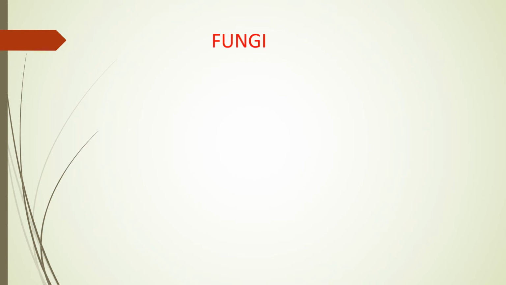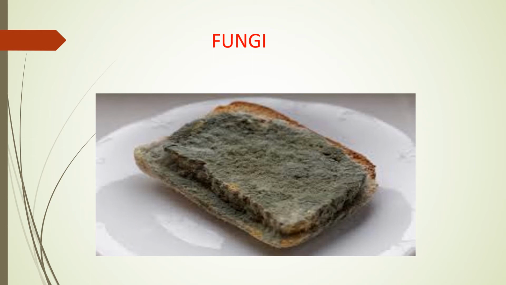Our next topic is fungi. So what is fungi? Mold growing on rotting fruits, stale bread, cheese and other food are fungi. In this picture you can see rotten, stale bread, and fungi is all around the bread. Children, fungi do not have chlorophyll, so they cannot make their own food. They digest the stuff they grow on with the help of digestive juice. The stuff can be food, leather, fallen logs, twigs, leaves, dung, anything that comes from plants and animals.